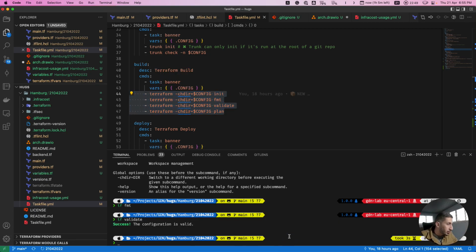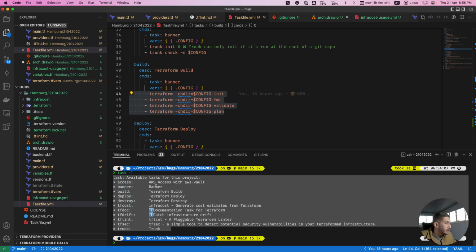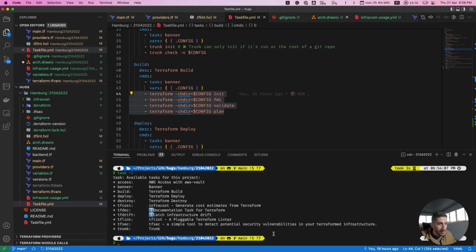If you install task, you just run task and then build, and it calls the commands from the YAML declaration in this taskfile.yaml file. Or if you run task -l, you can see what's included in this taskfile. So let's run task build and see.